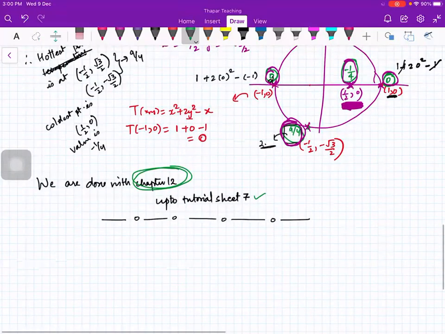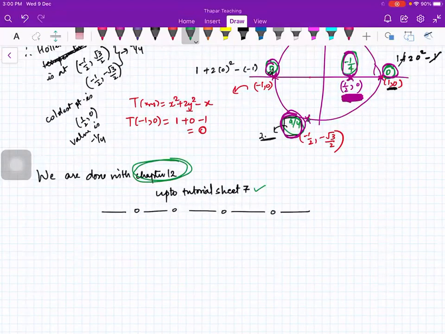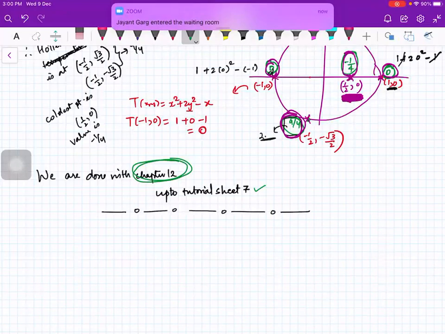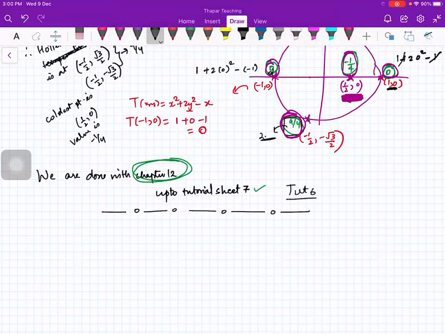So everybody is doing tutorial sheets? Yes, ma'am. For example, in my tutorial class, we have done tutorial 6 on Monday, right? Okay, fine then. It means you are okay. So next week you should be doing tutorial 7, right? Or you should have already started because we had a holiday on Monday. So we are on tutorial 7. We'll start next week. Okay, beta.